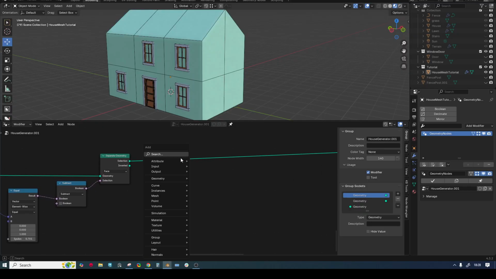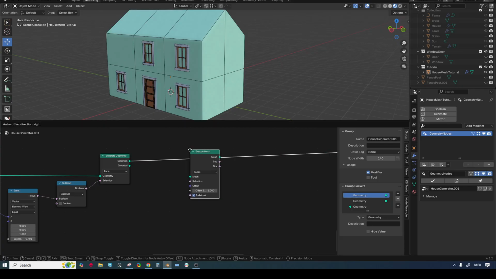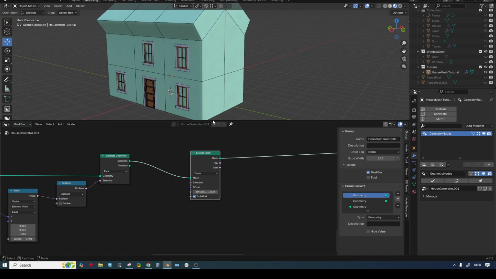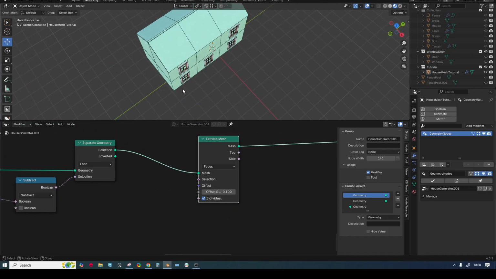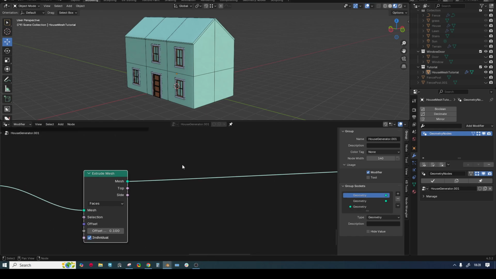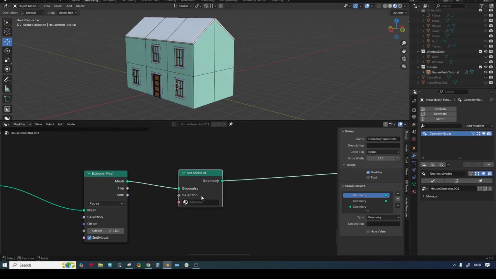And now we need to extrude our roof mesh and we can give it a value of 0.1, and let's add the material also so we can distinguish it from the rest of the house. So we're gonna have a set material, and I already have here some materials created from my original file, so I'm gonna say this is roof,